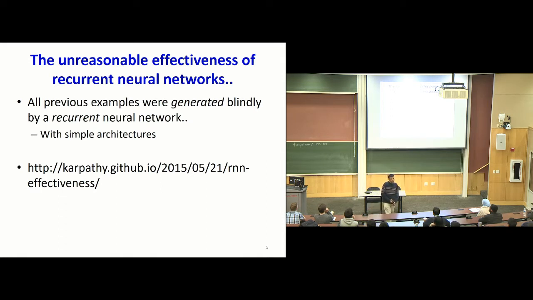In fact, these neural networks were rather simple, and you can find the code for it on Andrej Karpathy's GitHub page. He has this article on the unreasonable effectiveness of recurrent neural networks. And it's phenomenal how powerful they can get, because these aren't the most fancy models you can think of. He's actually put up something very simple.